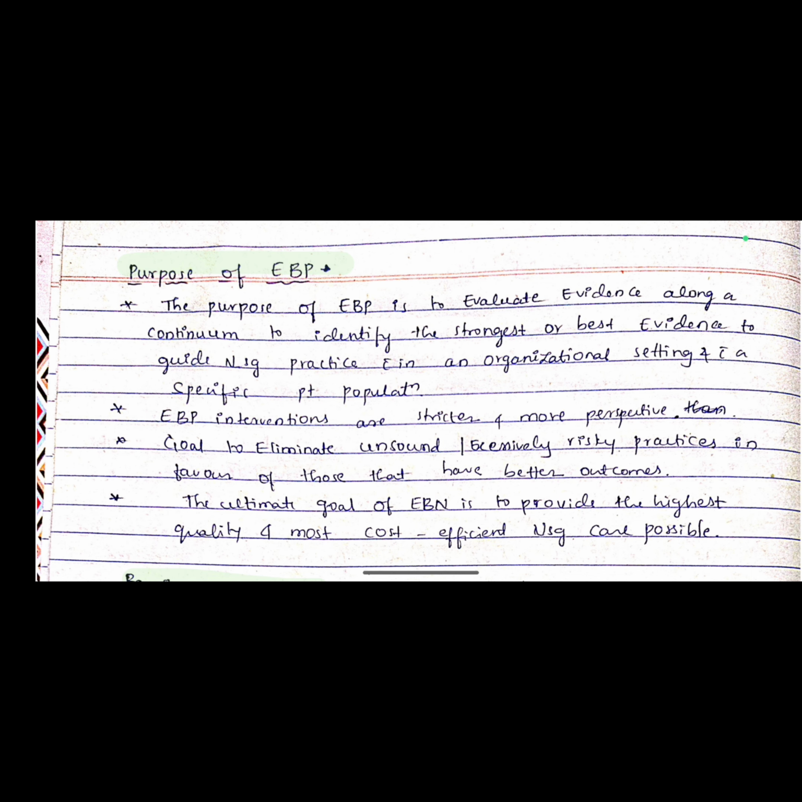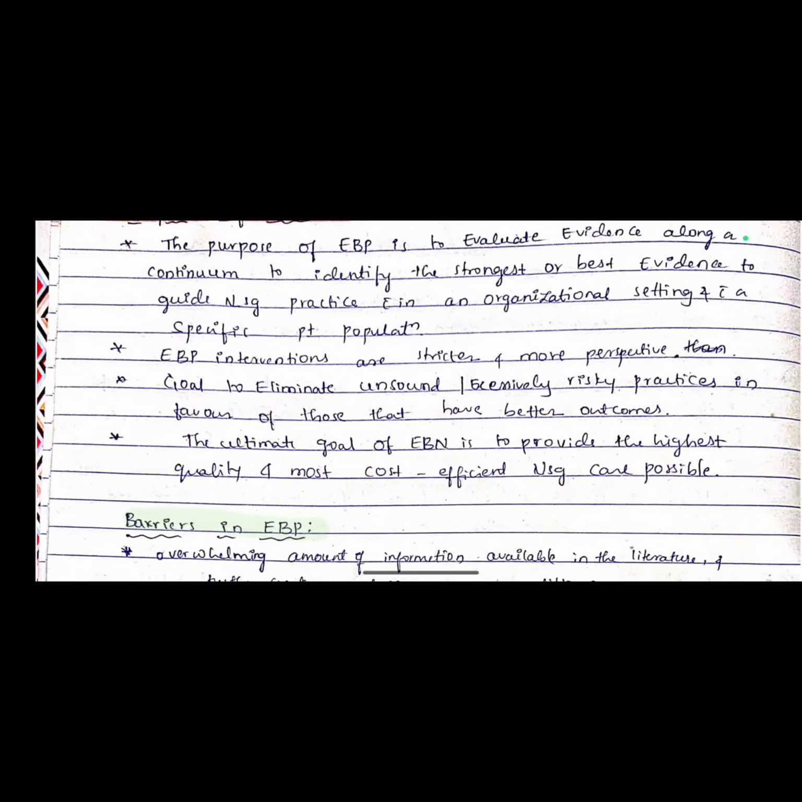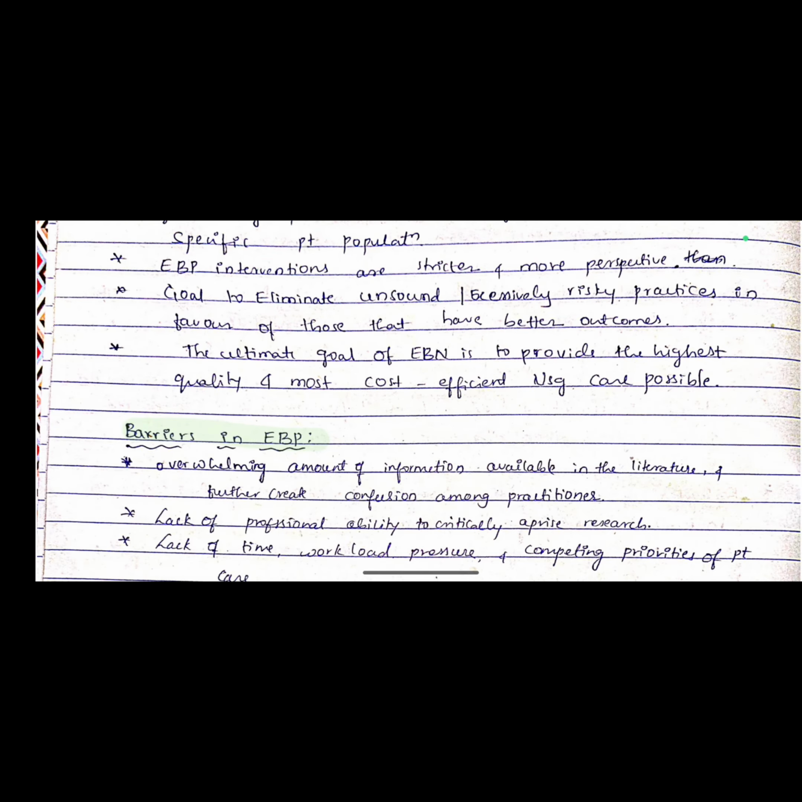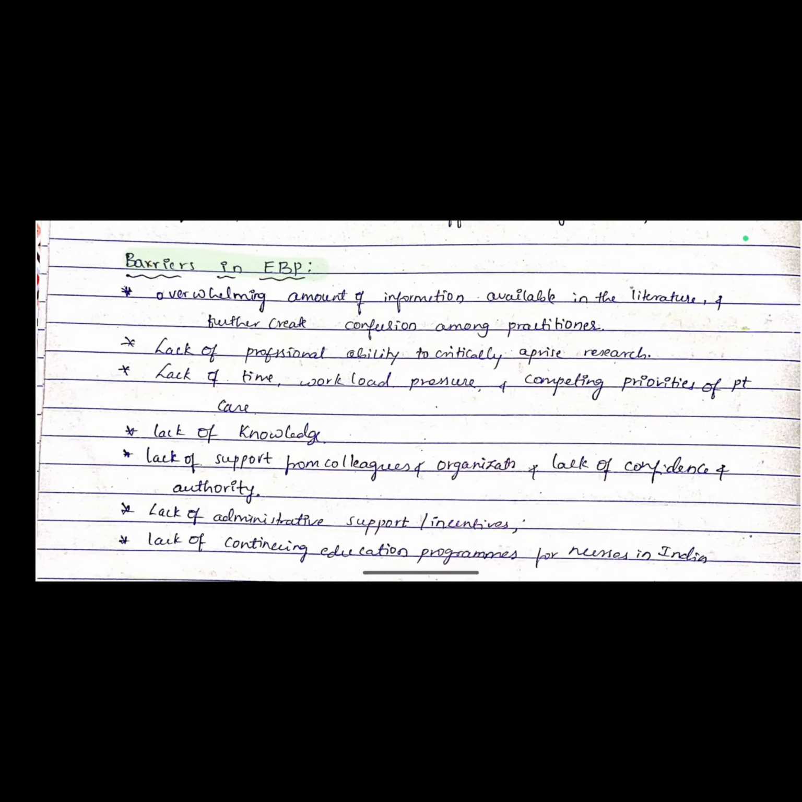Evidence-based practice interventions are stricter and more prescriptive. The goal is to eliminate unsound or excessively risky practices in favor of those that have better outcomes. The ultimate goal of evidence-based practice in nursing is to provide the highest quality and most cost-efficient nursing care as possible. Barriers of evidence-based practice: the overwhelming amount of information available in the literature